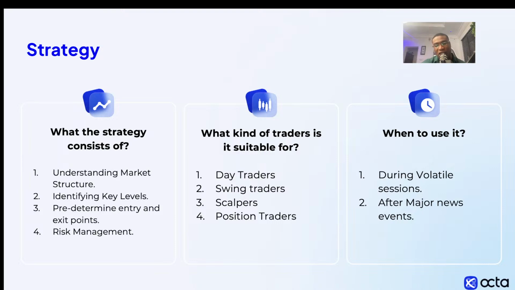So I need to find a way to be patient for this market to get into my zones. And if it doesn't get into my zone for a trend and it's ranging, obviously ranging markets are bounded by support and resistance levels, right? So what that means is that you're going to also be patient for the market to bounce off support and resistance levels or supply and demand zones as well, or break below them, and you can trade in the continuation or a reversal. But it is suitable for all type of traders: day traders, swing traders, scalpers, and position traders.